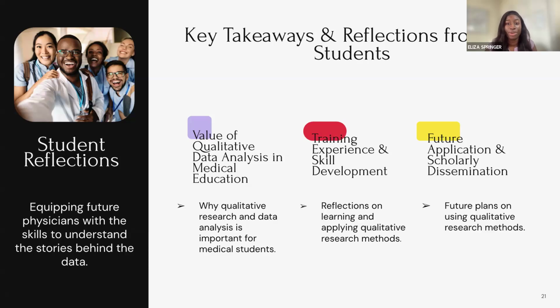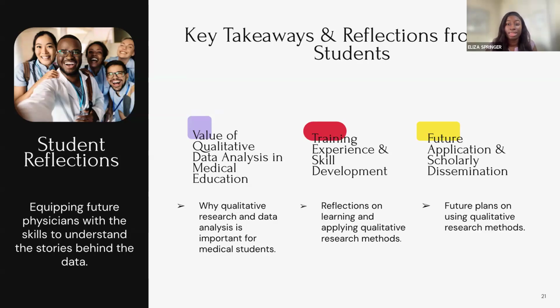Those things are obviously very important, but this project reminded me that not everything meaningful in medicine can be captured in numbers alone. A patient's lived experience, the way they describe their barriers to care, their reasons for mistrust or their fears or even their hopes often gives us more context than numbers do by themselves. For example, quantitative data may show Black women have lower rates of preventative care access, but qualitative data explains why. It tells us what barriers exist, how patients feel, what experiences shape those outcomes, and what interventions the patients actually want. Qualitative research explains the why behind the health disparities we're learning about in school.